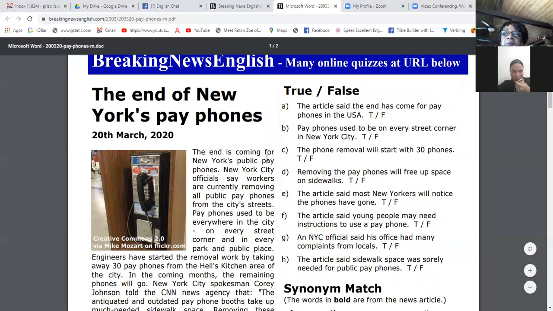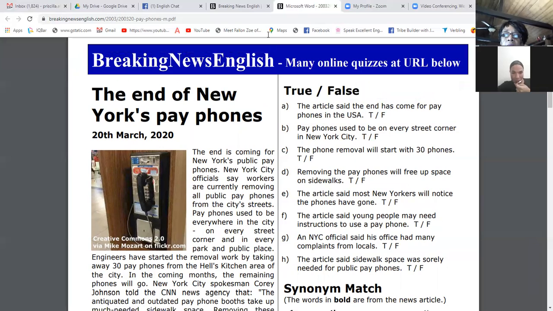The end is coming for New York's public pay phones. New York City officials say workers are currently removing all public pay phones from the city's streets. Payphones used to be everywhere in the city, on every street corner, and in every